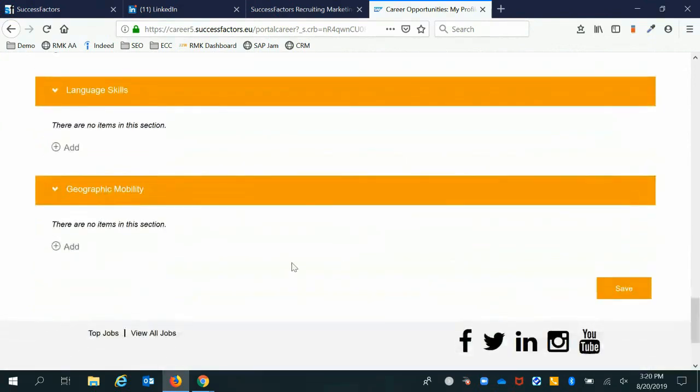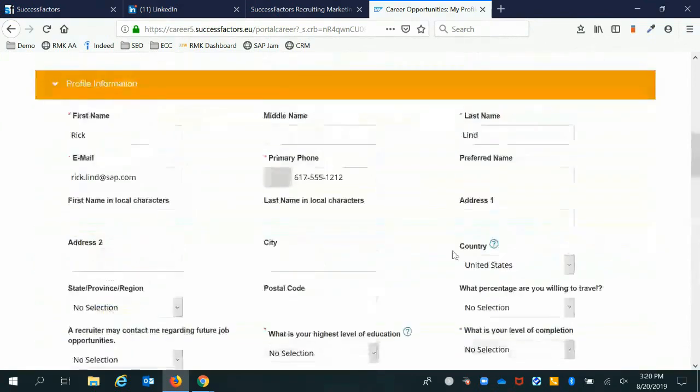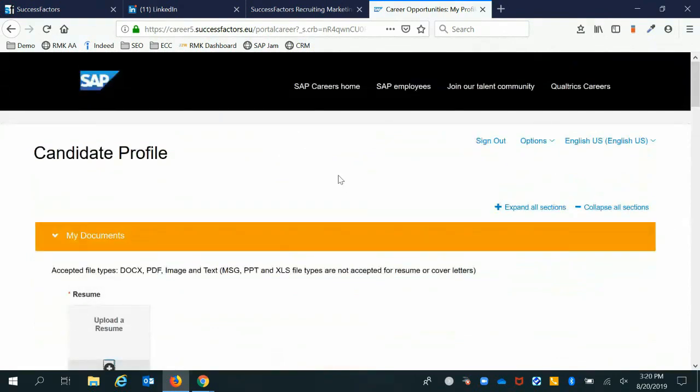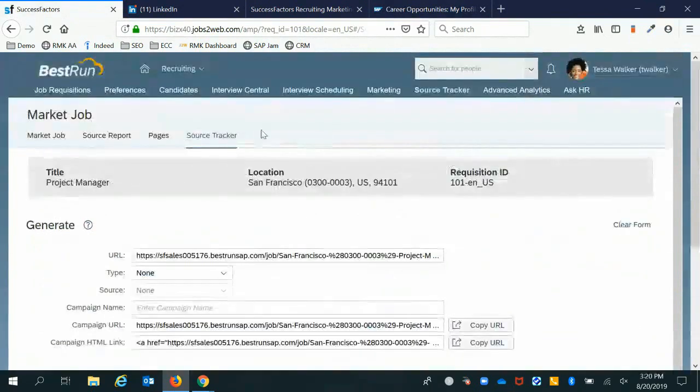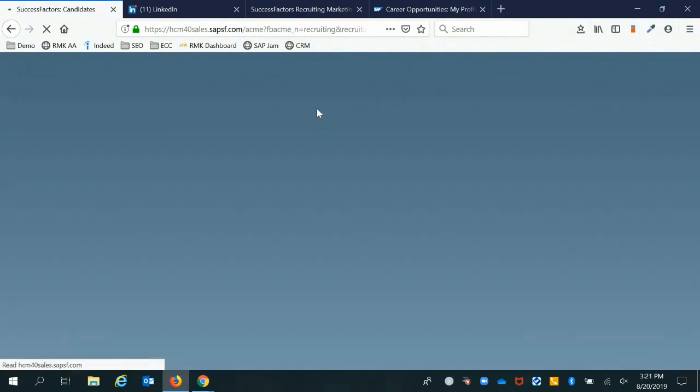So let's just pretend that I went through this whole process to complete the application. I won't do this on the live site through here just to save time, but we complete that application. My profile and the associated application would now be tagged specifically to that, we'll call it the project manager requisition, and then I would be available to go through the specific applicant flow. Before I actually go through that process of screening events, the interview, the offer, I want to talk a little bit also about more of the sourcing capabilities and the candidate relationship management tools that are built into the SuccessFactors